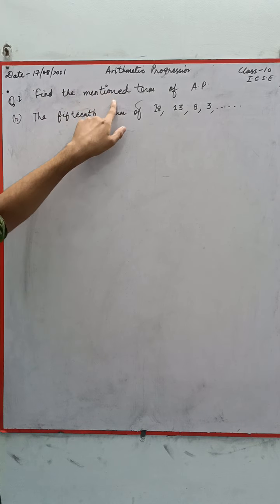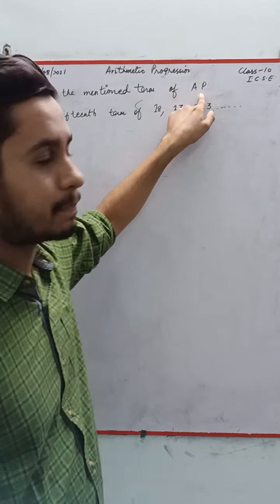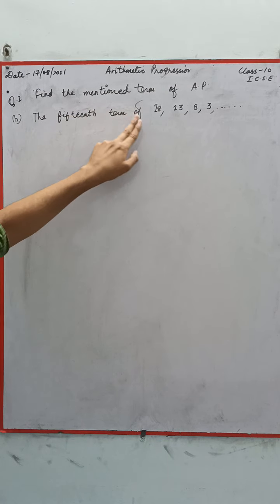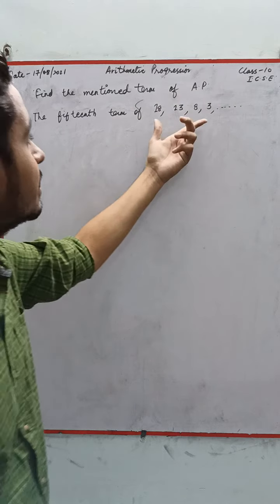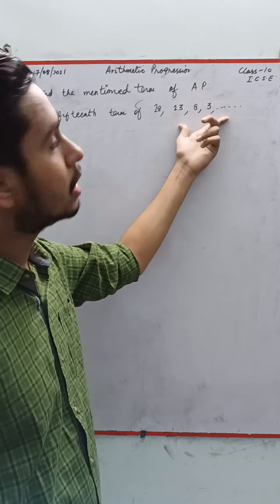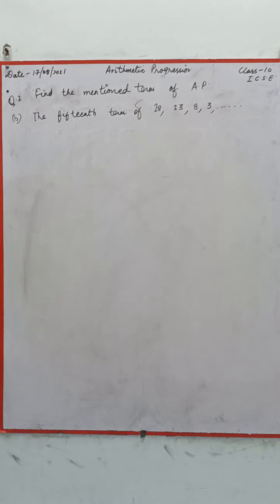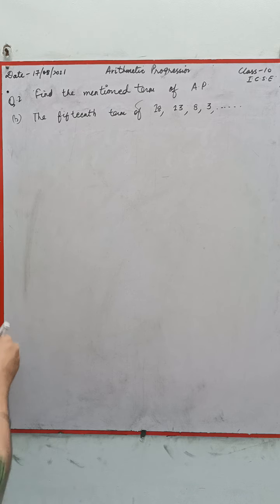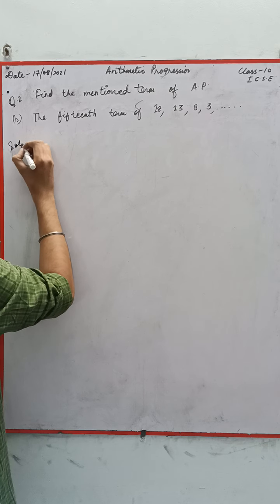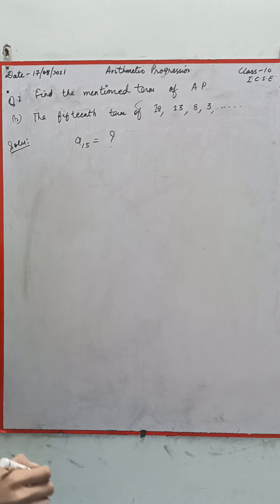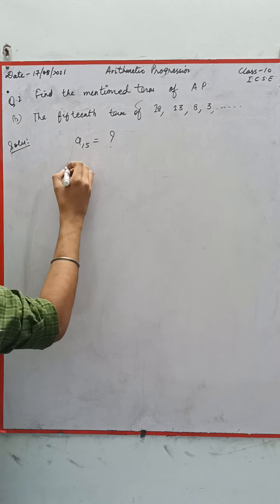Find the mentioned term of AP. I'm taking B1. To find the 15th term of this progression. This is some progression we are given, and we need to find what will be the 15th term of this particular series. So we need to actually find A15, right? So A15 question mark. We know by formula,